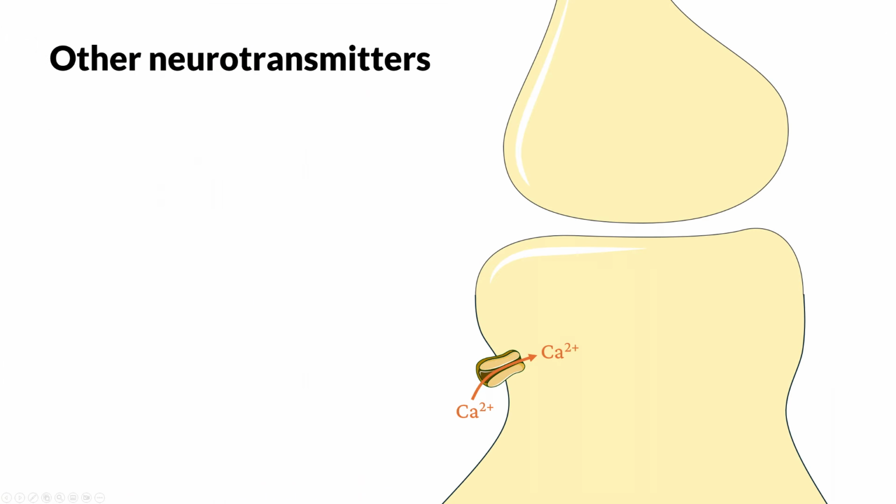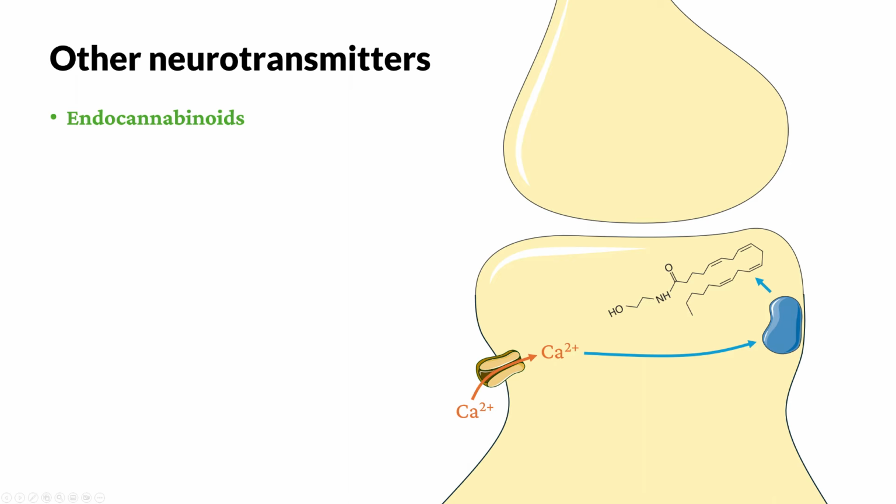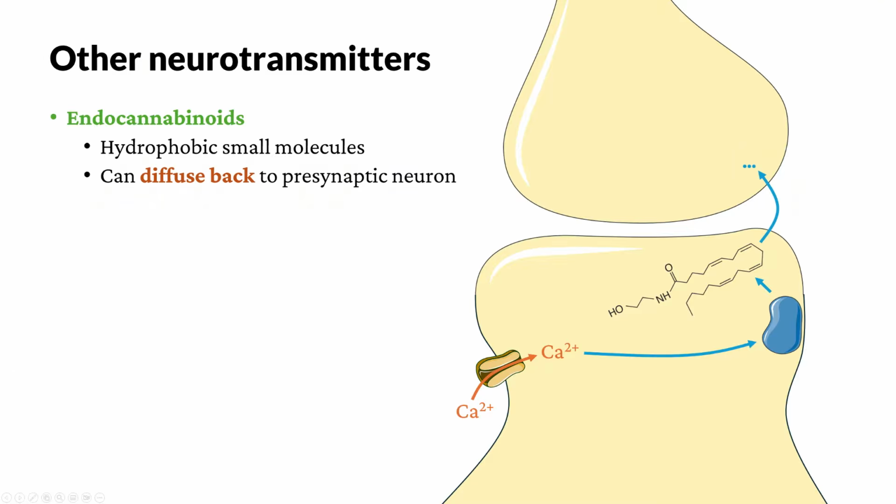And finally, let's take a look at something different. We will look at two special kinds of neurotransmitters. Firstly, endocannabinoids. Endocannabinoids are small molecule neurotransmitters. However, they have the special property that they are very lipid soluble. Therefore, they can pass through the cytoplasmic membrane and diffuse to other neurons. Their hydrophobicity facilitates this action. More specifically, they can diffuse back from the postsynaptic neuron to the presynaptic neuron. This is a process called retrograde neurotransmission.